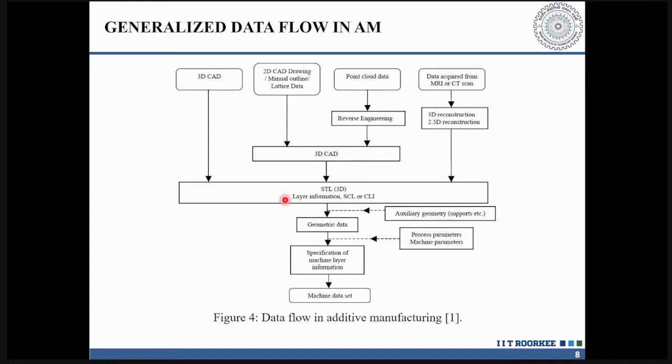Now, to convert this into a .stl file, what do you require? A soft model. How can you develop a soft model? You can develop that soft model using a 3D CAD, using any software like SolidWorks, Pro E, CATIA. You can develop a 3D CAD and just save it in .stl format.